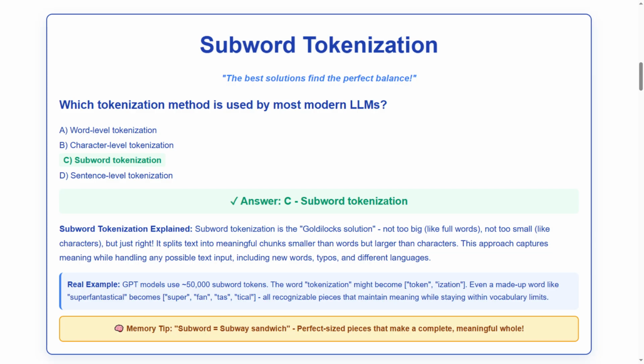Subword tokenization. This is the Goldilocks solution of tokenization. Not too big like full words, not too small like individual characters, but just right. Word level creates huge vocabularies and can't handle new words. Character level loses meaning and is computationally expensive. Subword tokenization captures meaning while handling any possible input, which is why GPT, BERT, and other modern models all use